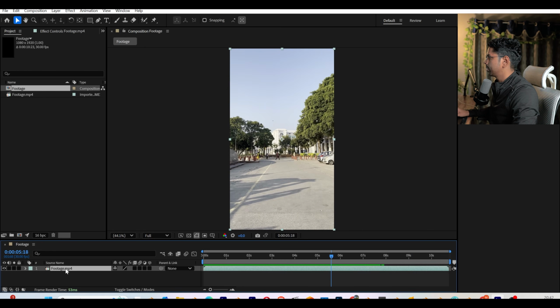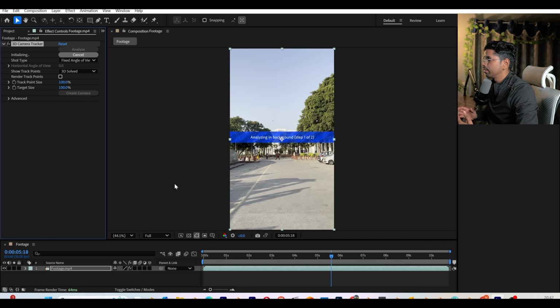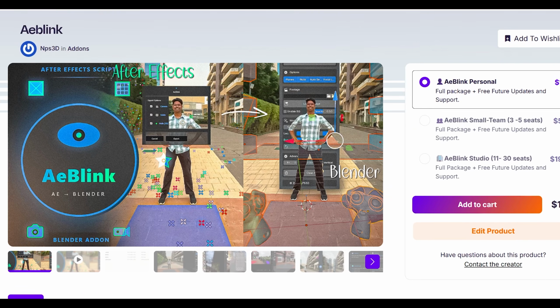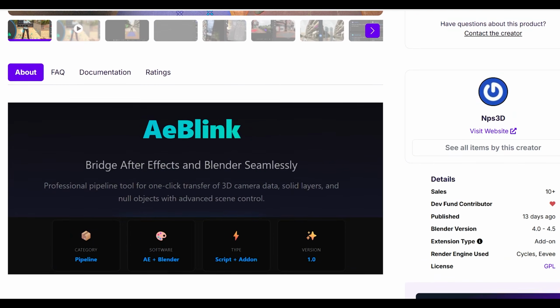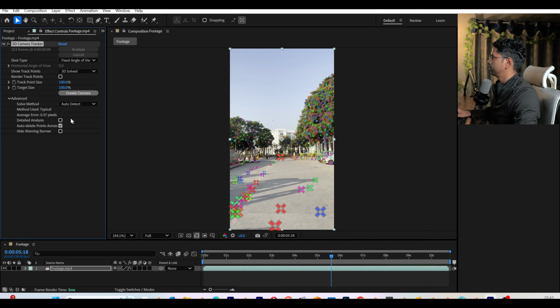So let me right click and go to Track and Stabilize and choose Track Camera. Basically I'm using After Effects to do camera tracking, and then I will use a tool called Aejuice to transfer this tracking data from After Effects to Blender, and I will do all the 3D recreation and simulation inside Blender. Okay, so we have this